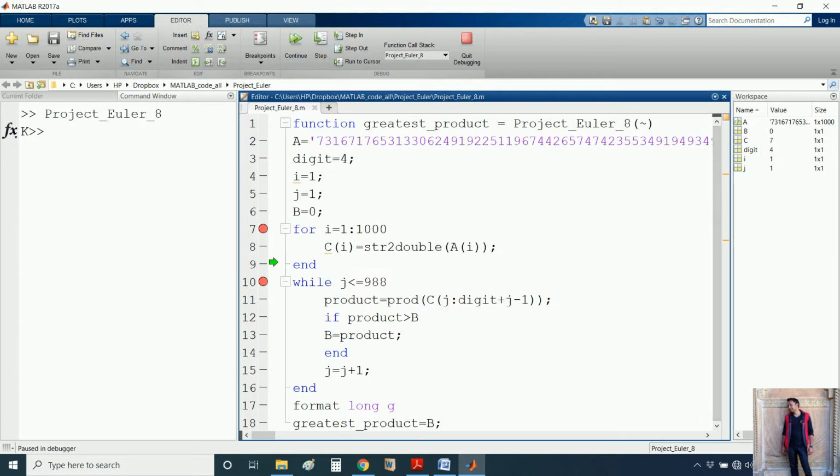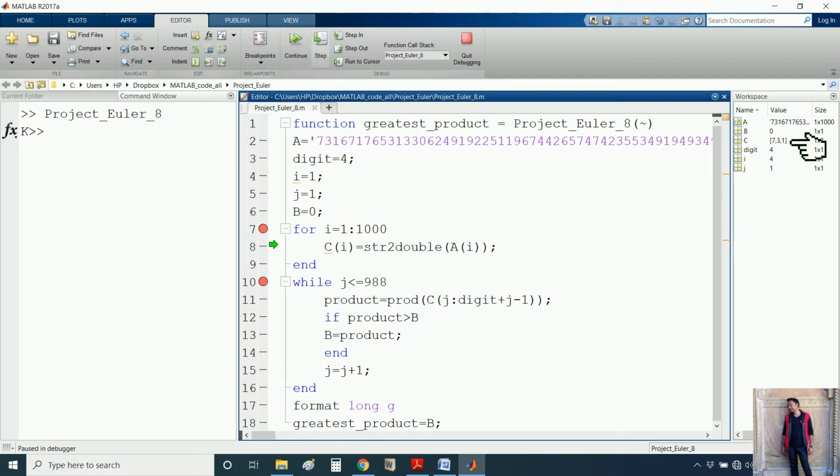In this way, I have converted the first element into the number C1. Now, when I is equal to 2, C2 will be 3. So C is a vector which has 7 and 3. You can check, C is a vector which has 7 and 3. Again, A3 is 1, so C3 will be 1, so C will be 7 3 1.